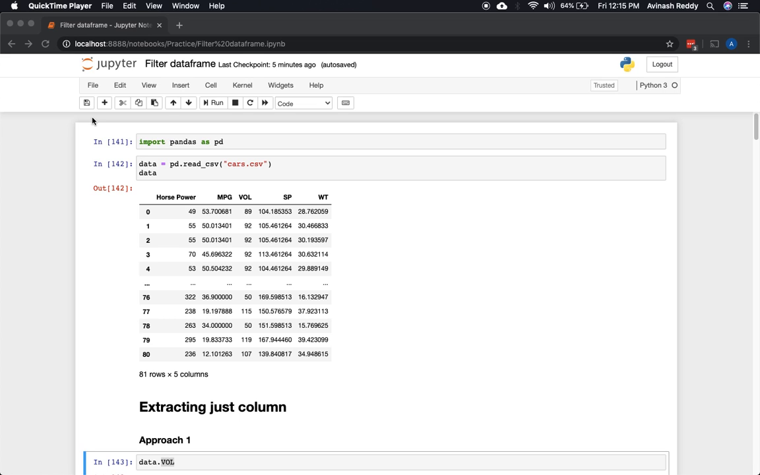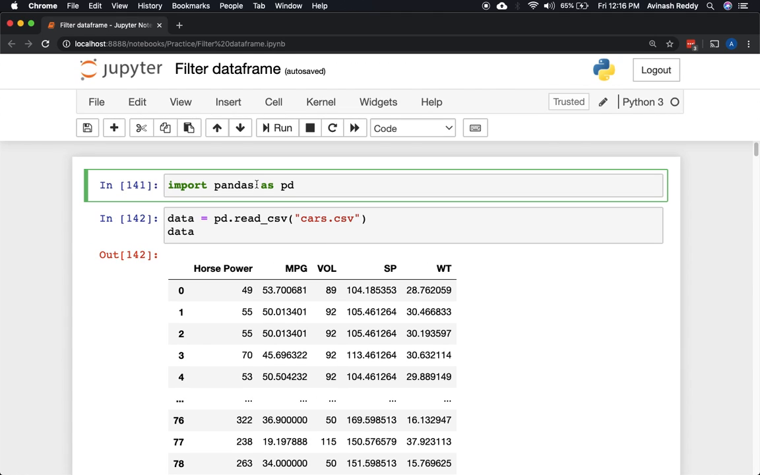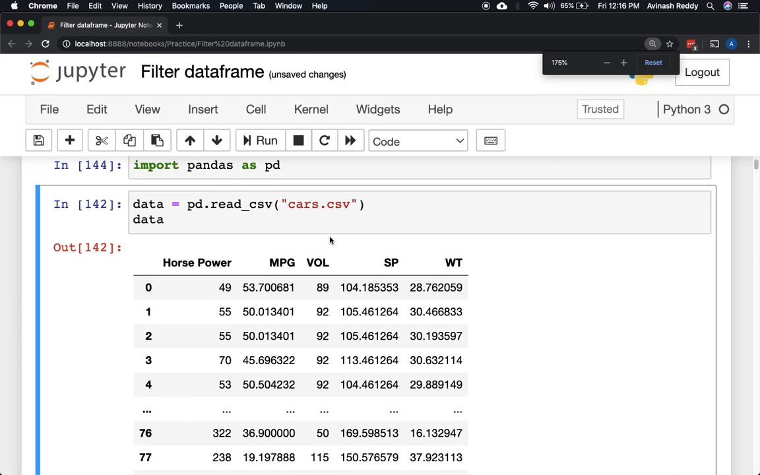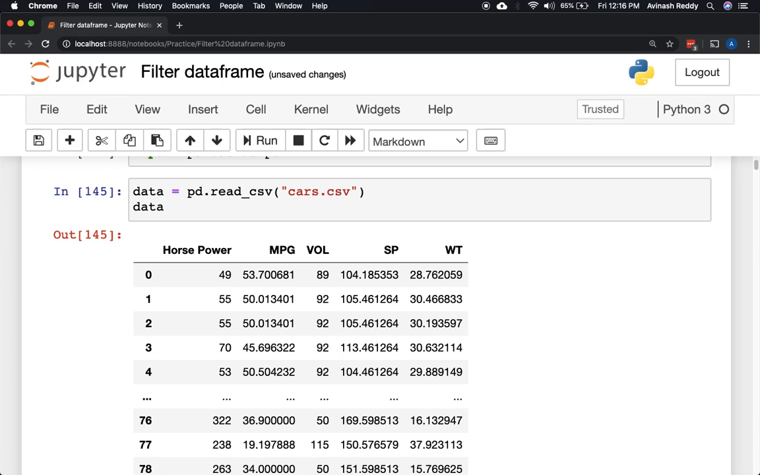Hi guys, in this video we'll see how to extract a column from a data frame. So let's start by importing the libraries first. Then we'll read the data, which is cars data, using CSV because the format is CSV. And basically a pandas data frame